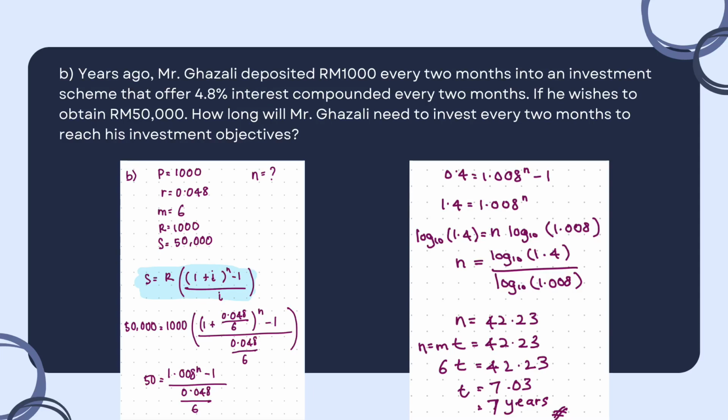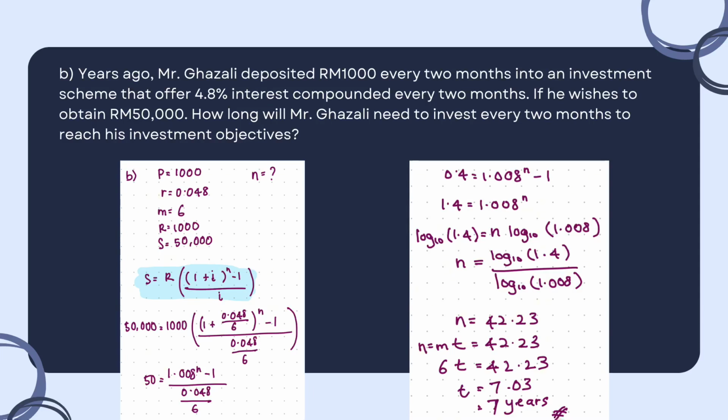Then we bring 0.048 divided by 6 times 50, and we get 0.4 equal to 1.008 to the power of n minus 1. Minus 1 we take to the other side, and it will be positive 1 plus 0.4, we get 1.4 equal